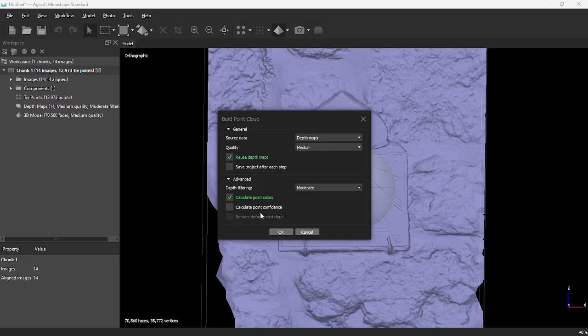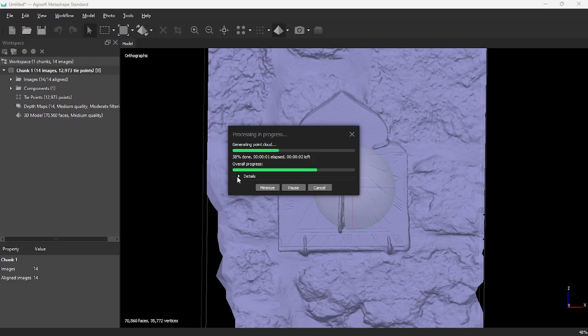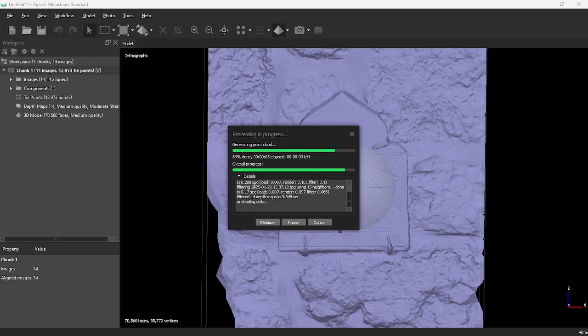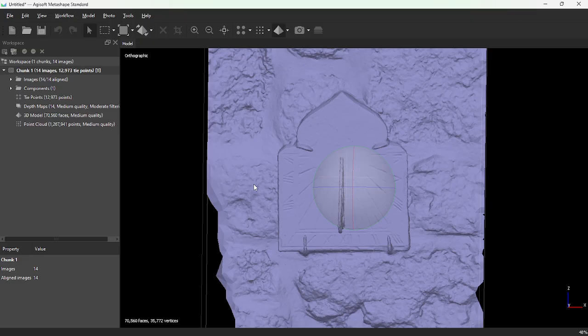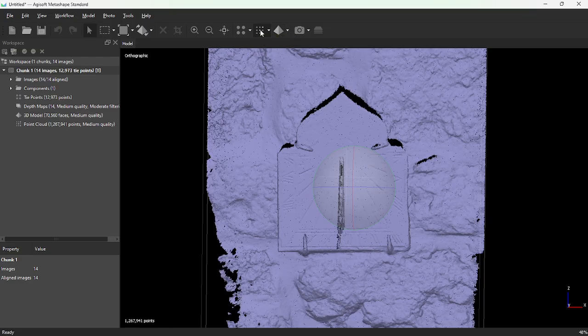Calculate point confidence we don't need, but it is useful if you're exporting to Cloud Compare, so it can be a useful bit of data to filter out dodgy points at a later point. Okay, so now we've got our mesh, we have our dense point cloud, which should be coloured,